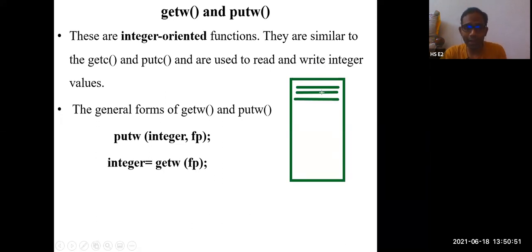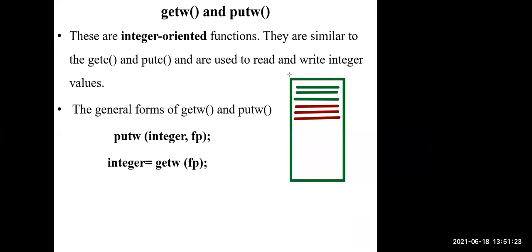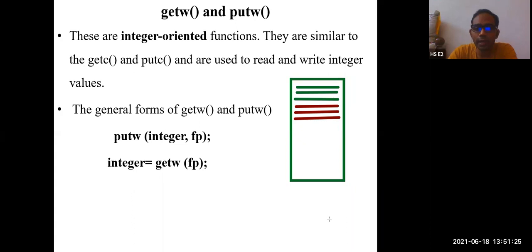Now, if you open the file in append mode, first of all, if there is no file, then the file will be created. Whatever content you have will be written. The second time, if you open the file using append mode, then what happens? The file will hold the previous data as well as append the new data. Means after the last line, the new data will be added. So this is called append mode. Is this clear? Yes, sir. Thank you.